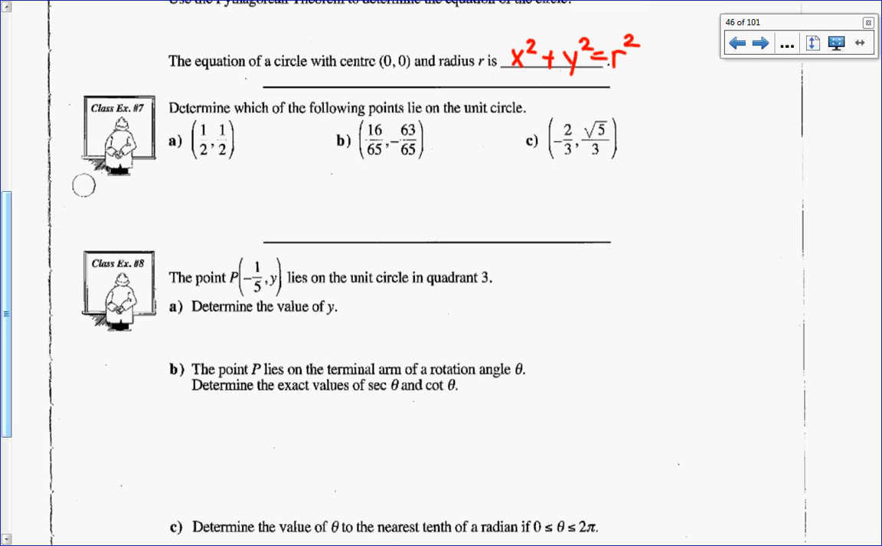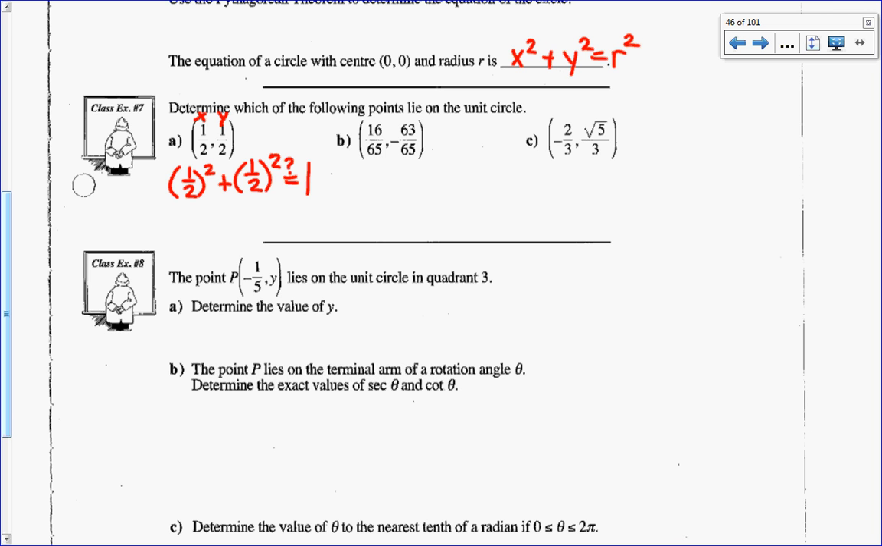So they've given us these 2 points. This is our x, this is our y, okay? So all we would do is plug that into the equation of the unit circle. So that would mean 1/2 squared plus 1/2 squared would have to equal 1 if that point lies on the unit circle. Okay, if it does not equal 1, then that point does not lie on the unit circle. Okay, so this is undetermined at this point. We don't know if it does. Okay, well,